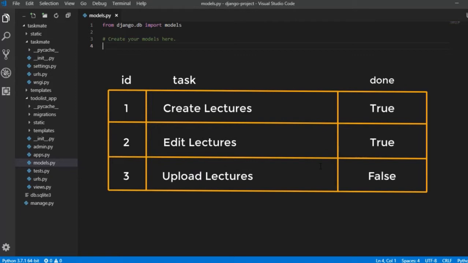And then I have an option that it is done or not. That can be a tick mark or that can be termed as done or not done. So we need to store that. If it is done, we are going to say it as true, and if it is not done, we are going to say it as false. So currently what I require in my database is two fields. The first one would be to store my task and the second one would be to store whether that task is done or not. Now I hope you are able to understand this and can visualize this. Let us write our model.